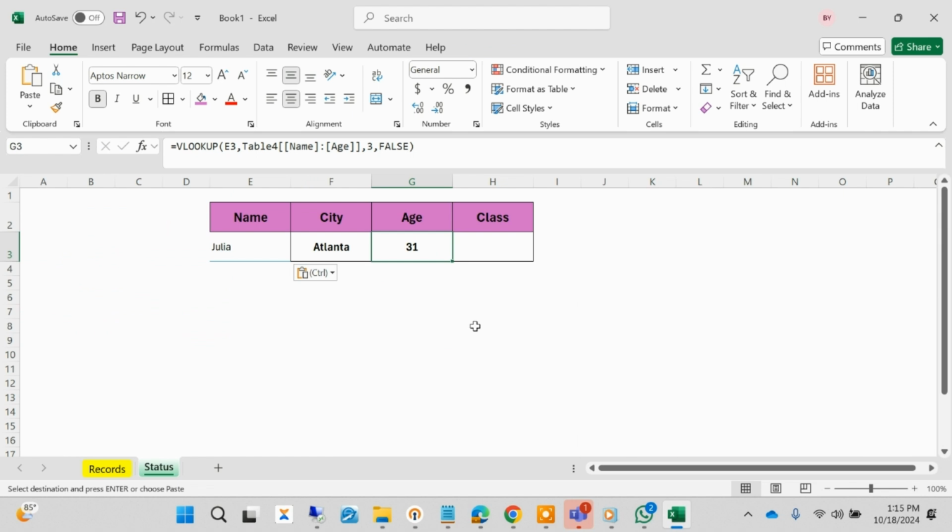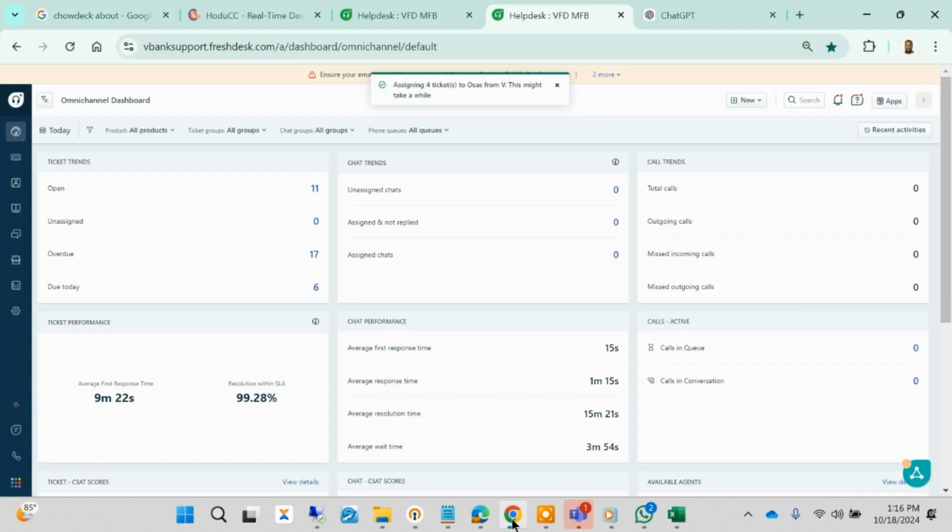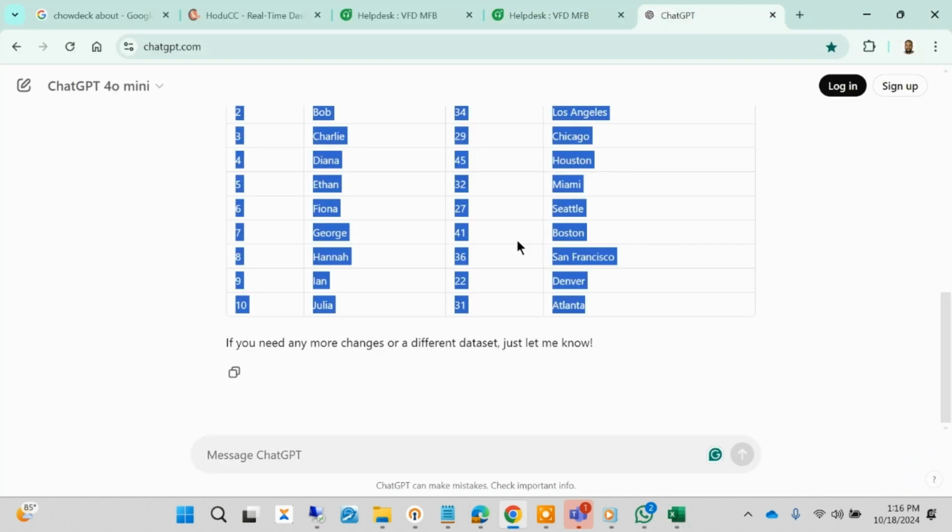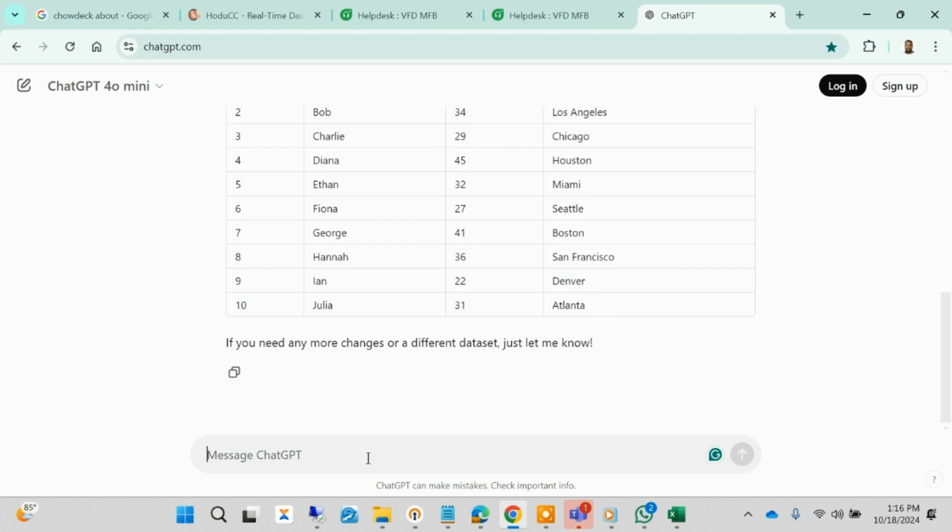So the next thing I want to do is to generate the class, and I need a formula to do that. That's the IF formula. So I'll say if this age is between so and so, give me the class, right? I don't want to cram that in my head, so I'll use the help of ChatGPT to generate the formula. So I'll go to my browser, click on ChatGPT, and I'll say